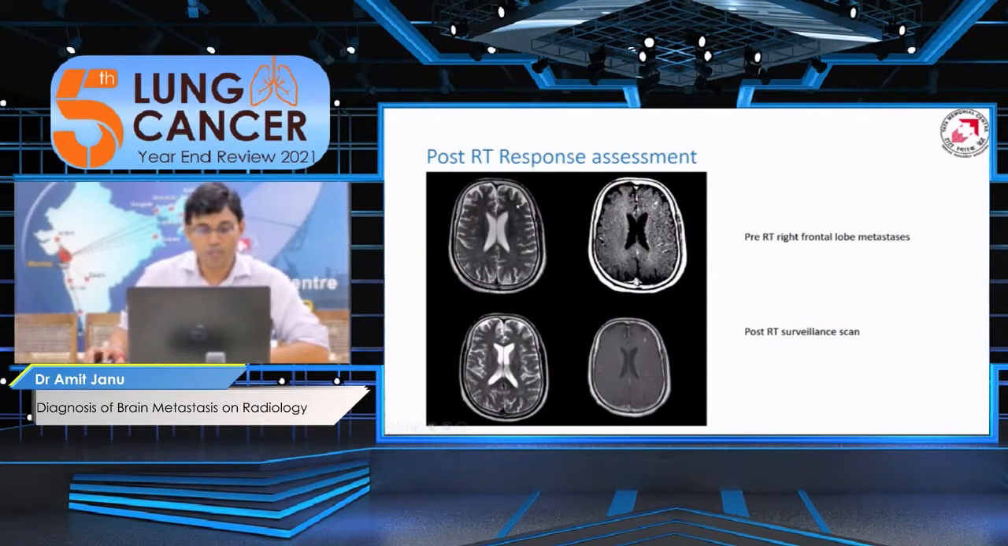So if you see, the lesion is hardly visible on the T2-weighted scan. Without giving contrast, one cannot assess whether this particular patient is having any metastasis or not. But there was a metastasis, which was an asymptomatic one, for which the radiation has been given. And this is the post-radiation, post-RT surveillance scan, where even on the T2 there is no lesion, but now the enhancement